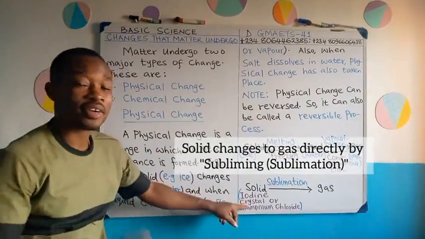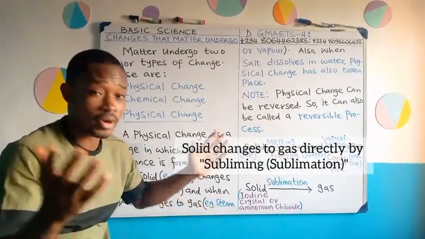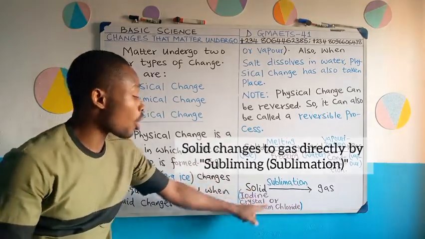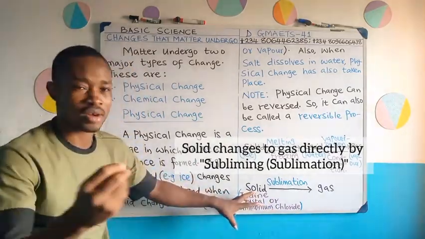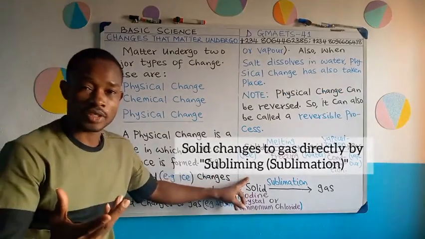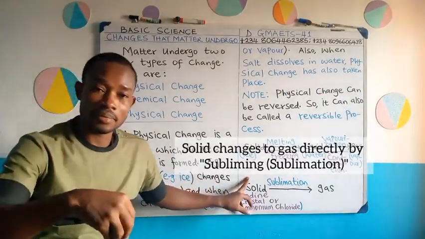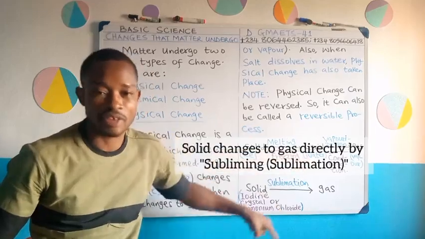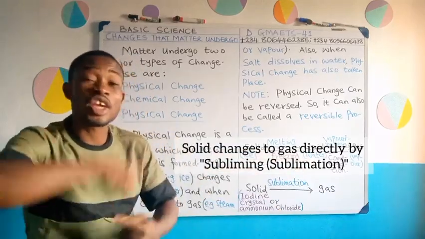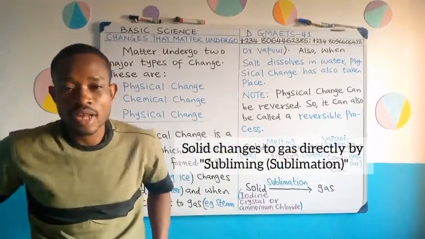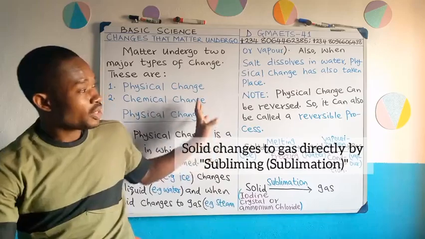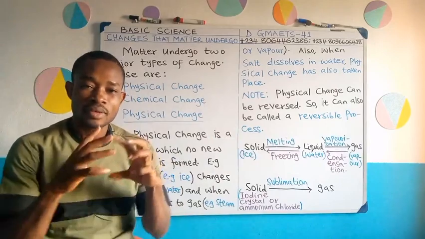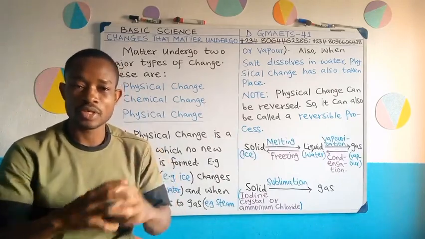For example, iodine crystal. There is a substance we call iodine crystal. Sorry, I don't have it with me here, and so I cannot show you that, okay? Iodine crystal or ammonium chloride, they are solid chemicals, okay? When you heat them, they will change directly to gas without passing through the liquid state first. They won't change to liquid. They will just change directly to gas. We call that sublimation. Now we've explained all you need to know for now about physical change. Please give attention to the video you're going to see next.